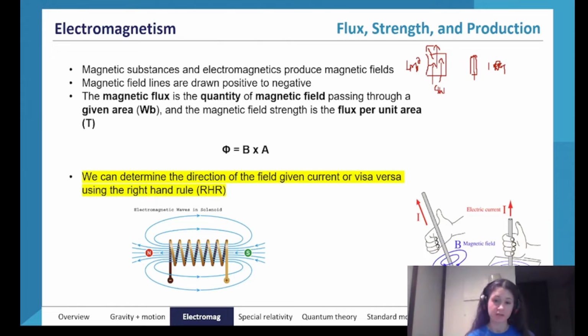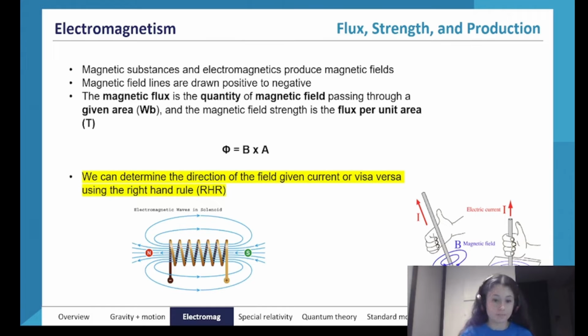So the magnetic flux tells us how many lines pass through any given area at all. You can have an absolutely massive area and have a lot of magnetic flux. However, with that same massive area, you could have a very small magnetic flux density, because when you actually take it per unit area, there's not a lot of lines passing through each unit area. And this is, of course, why the magnetic field strength is the flux per unit area.